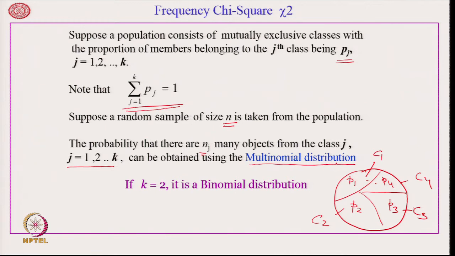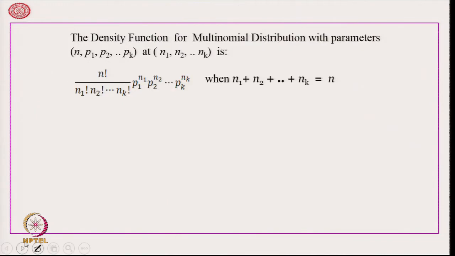I hope you are familiar with multinomial, but I will explain it now. If k is equal to 2, then we get a binomial distribution. So, what is the multinomial distribution? With parameters p_1, p_2, ..., p_k and n, which is the number of samples, the probability distribution will look like this: n factorial upon n_1 factorial, n_2 factorial ... n_k factorial, into p_1 to the power n_1, p_2 to the power n_2, ..., p_k to the power n_k,